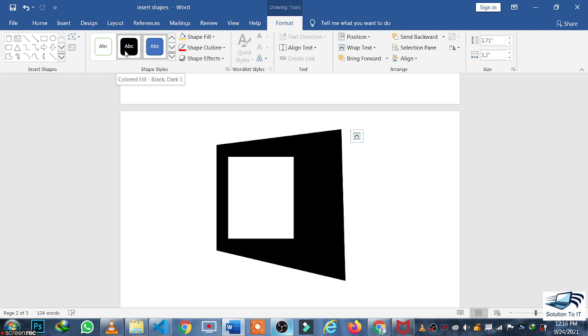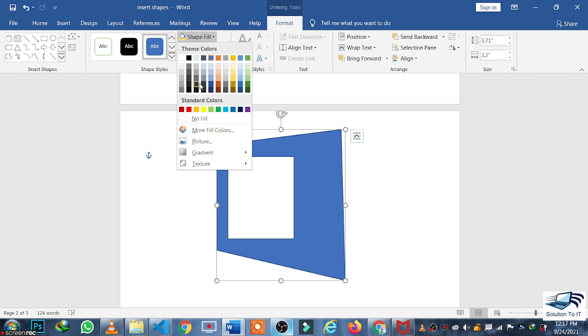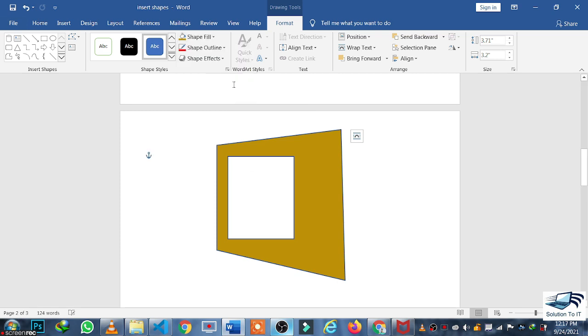If you want to color the shape, you can do it, as there are the options of Shape Fill, Shape Outline and Shape Effects. If I click on Shape Fill, I will get different colors. You can fill your shape with different colors, as I have filled the shape with yellow color.